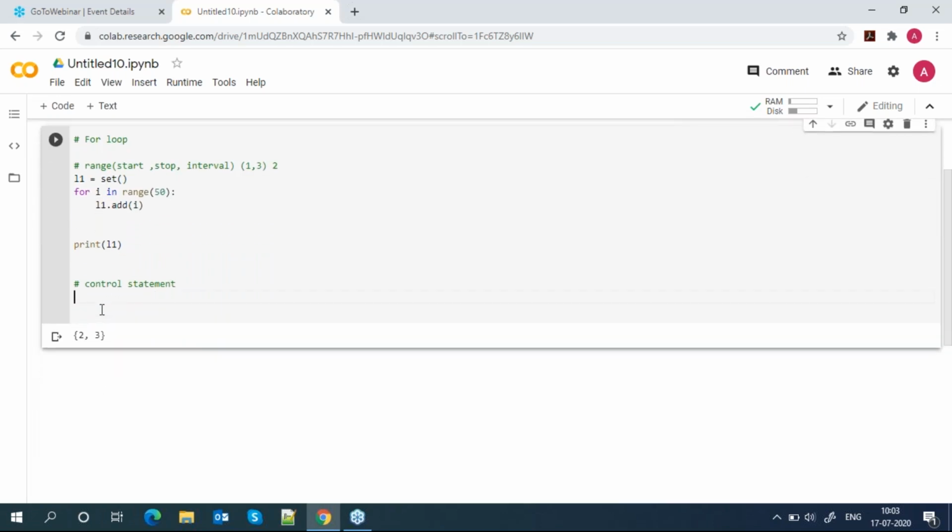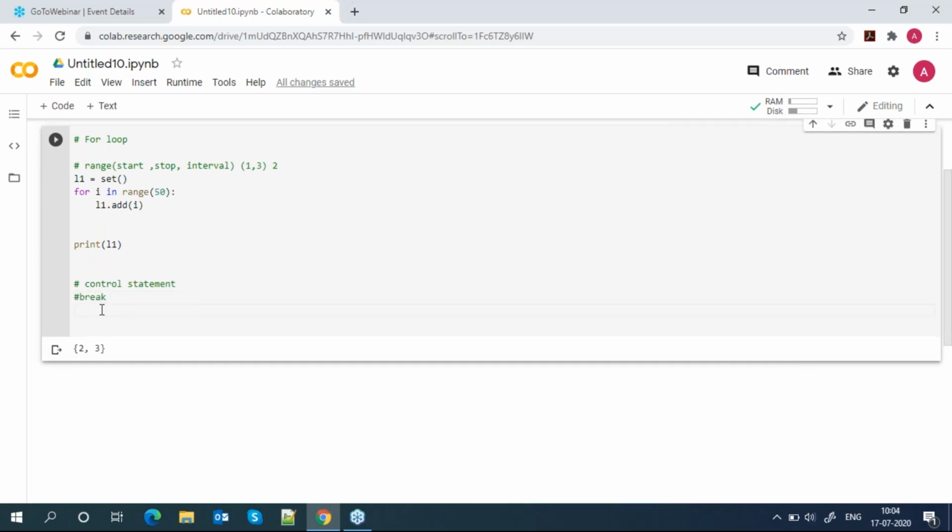For that we are using two parts. One is the break, one is the continue. Break will exit from the loop whenever you start the loop. So break will exit from the loop when the condition is met, equal to true.